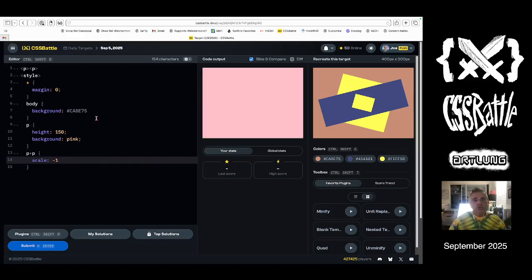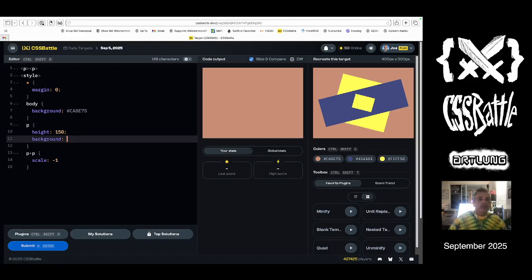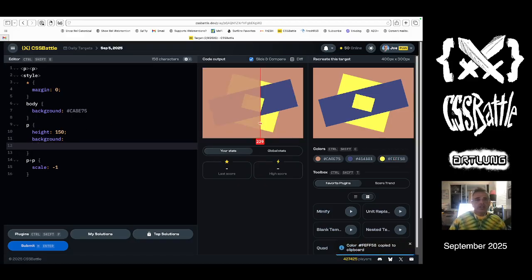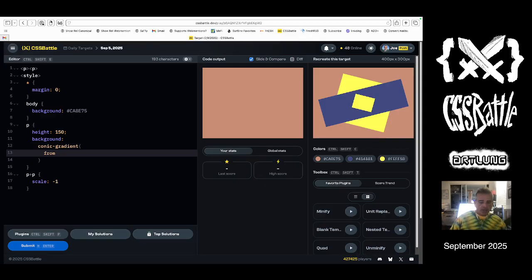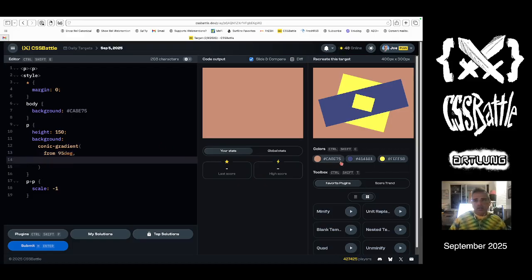All right. So if I'm doing that, what are the steps? It's yellow and blue and yellow. Okay. So let's remove the background. Remove the pink from the background. We need some gradients. And I'm going to go top to bottom. I don't know that makes a lot of sense, but that's how I'm going to do it. Let's do a conic gradient from an angle from 95 degrees yellow, and it's probably 25%, and then